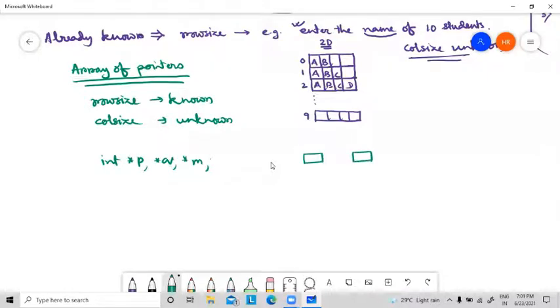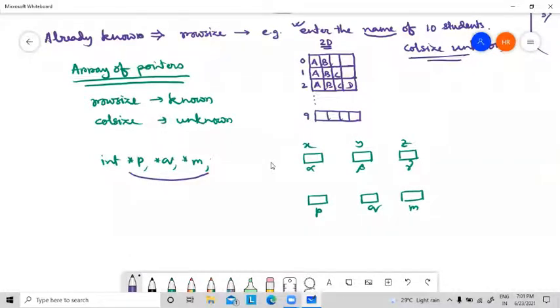Obviously, there must be 3 different integer variables having 3 different addresses which are stored in these 3 variables P, Q, M. So it is obvious that if there are 3 different pointer variables, then there must be 3 different integer variables whose addresses are stored in these pointer variables.